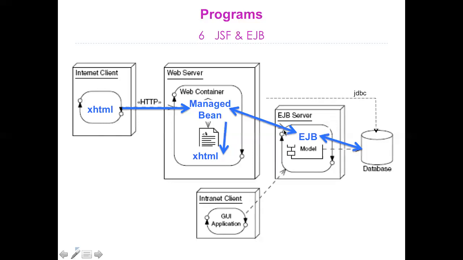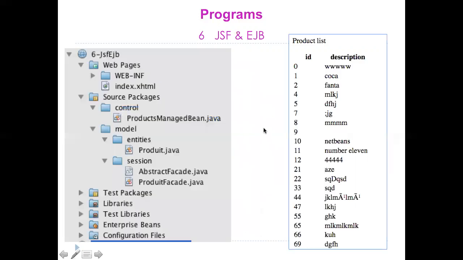Now we are going simply to see how all these frameworks, the two frameworks, all the technologies can be combined through two examples. I suppose that I'm having access to a database that contains a product table that has only an ID and a description. So you can see that I have an index XHTML, I have the product managed bean, and then I have